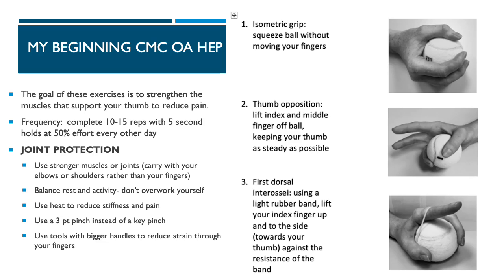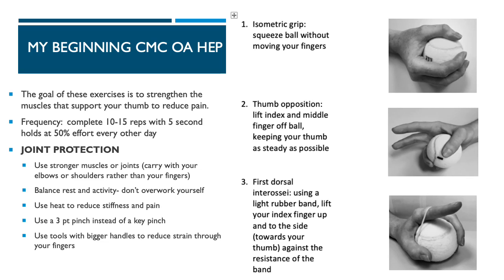The other important thing, kind of in the bottom left that I have here, is joint protection. So if people do these exercises, but they keep doing all their same activities and their thumb is collapsed and they're using it the wrong way, it's still going to hurt all the time, right? So we want to start with some joint protection techniques, really basic to start out with, that I'm sure you guys have heard before, but the one that I want to point out is use a 3-point pinch instead of